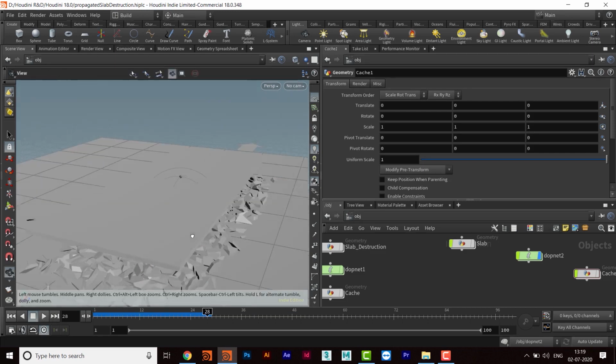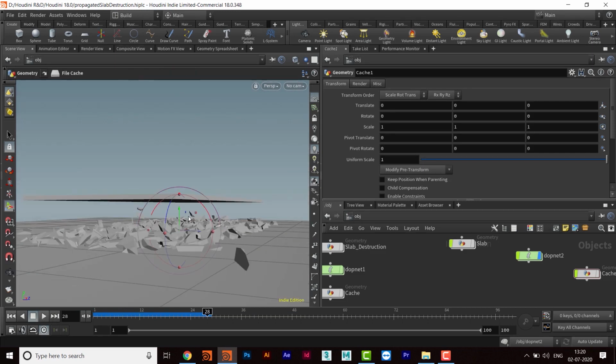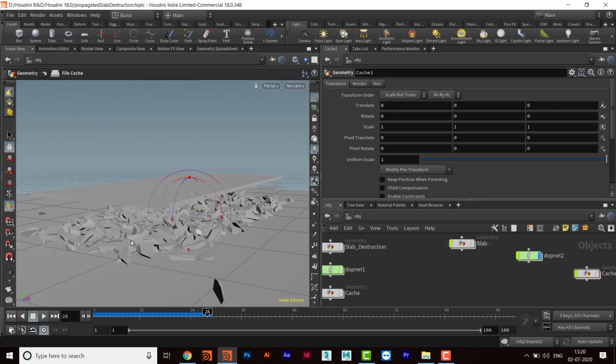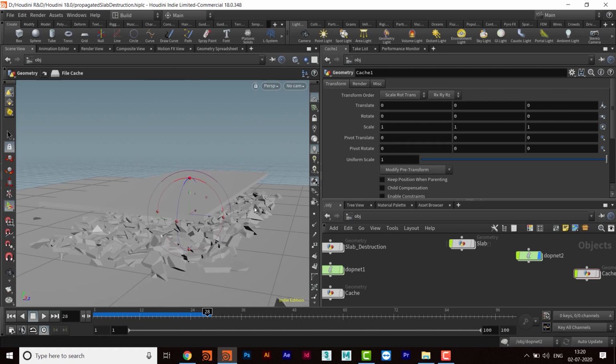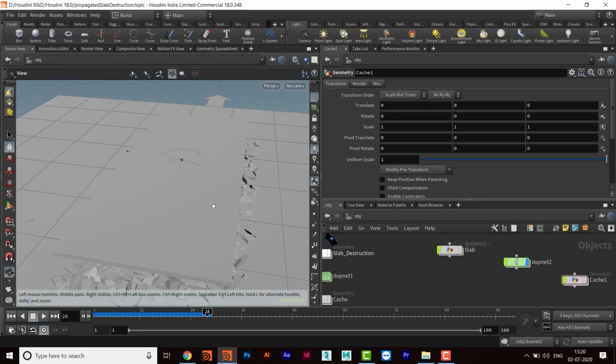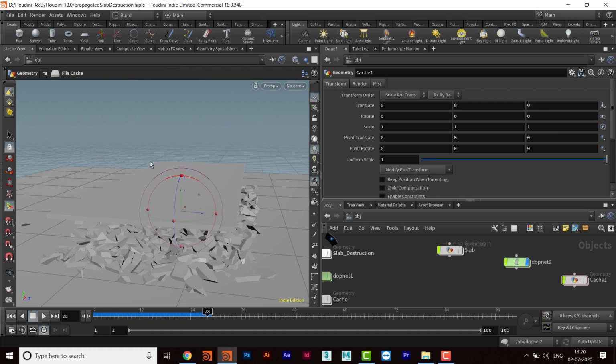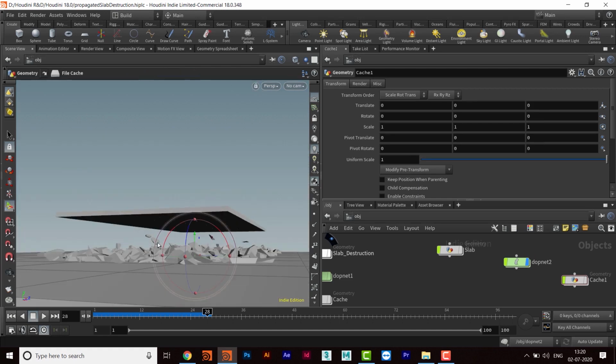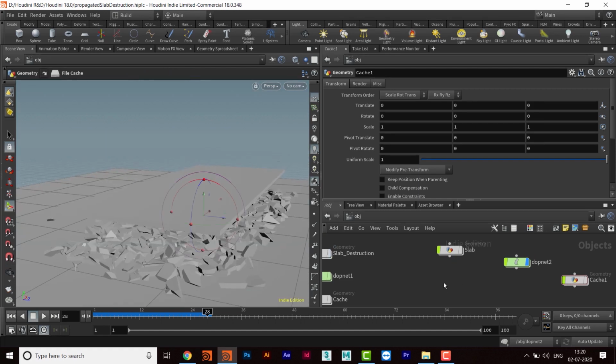Okay, so now I want to propagate this simulation. Maybe only a part of the chunks go down. First of all, I want to keep the inactive part here only, because right now the whole slab is going down and hitting the ground.